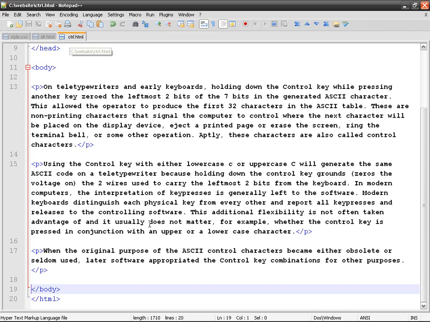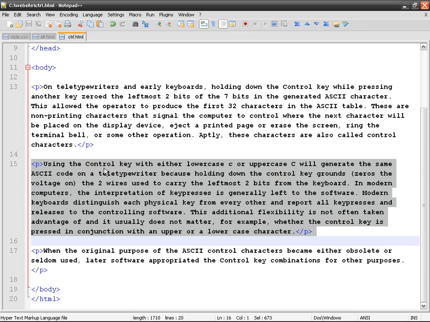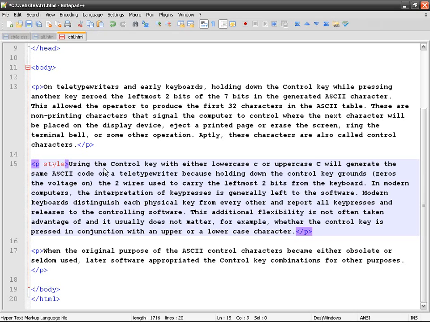Let's take control, and we've got the three P's, and you want to do something differently with this one. So for example, let's say you want to have a different color. One idea would be to use this style, the in-text style method. So, and then you do something like this, and then color blah blah blah, sorry,